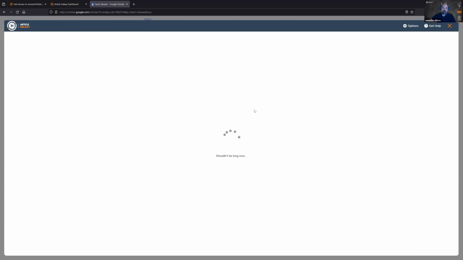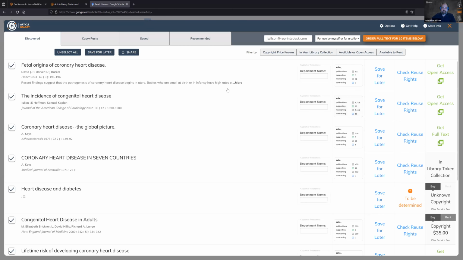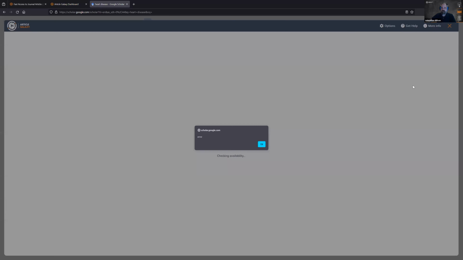As this loads, I do want to caution you that the UI will look a little bit different. It is the same information that is available in Article Galaxy. However, there is going to be a little change in the UI. So you can see here, like I said, the information is a little bit different. However, here at the top, I can still change my intended use. And if I click